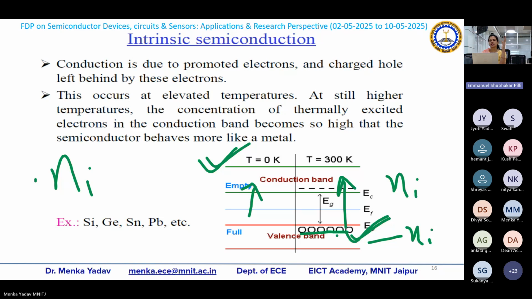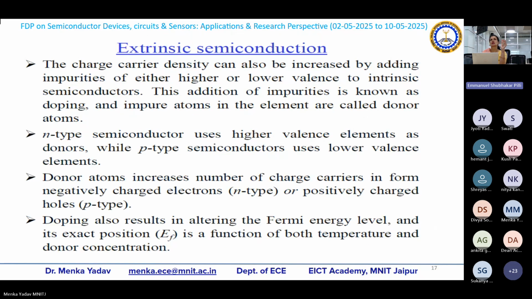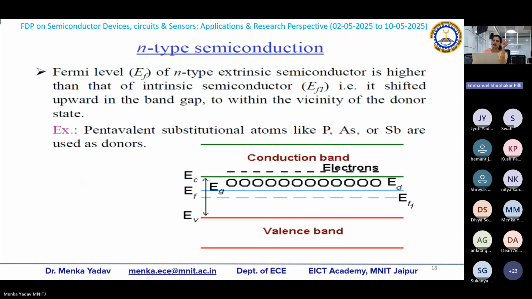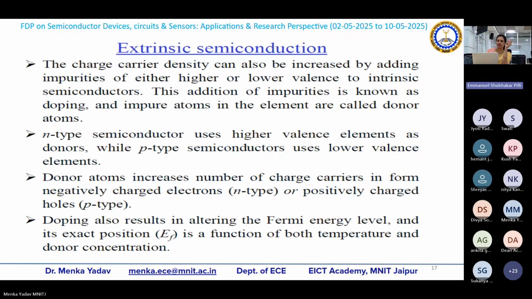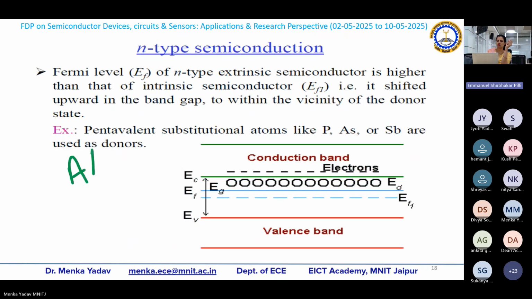Okay. Another one is the extrinsic semiconductor. Extrinsic semiconductors are also known as impure semiconductors or doped semiconductors. The semiconductors which are pure have very little conductivity. In order to make them more conductive, we have to do some doping, doping in some external elements. There are two types of doping, trivalent and pentavalent. Trivalent, like group 13 elements such as aluminium, gallium, boron, you can take.